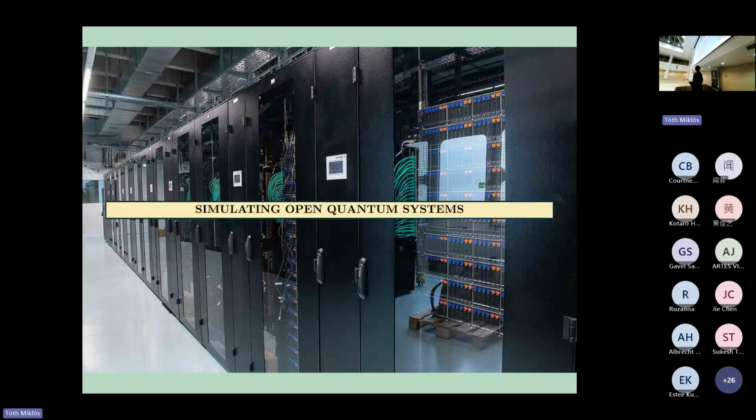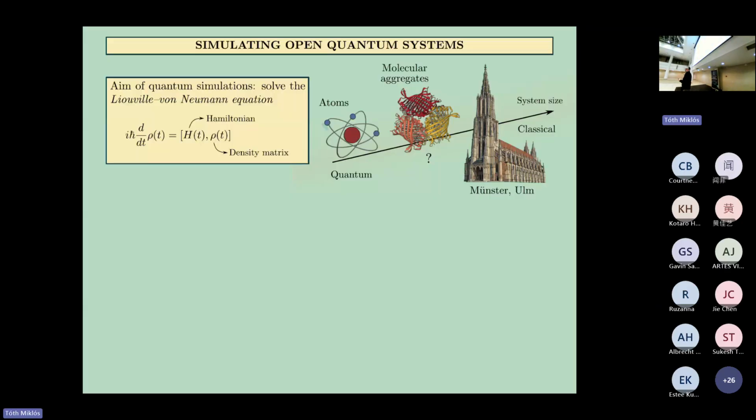Okay, so simulating open quantum systems. If we want to simulate an open quantum system, the goal would be to solve the equations at the core of quantum mechanics, which in the density matrix formalism would be the Liouville-von Neumann equation. This equation is solely determined by two ingredients: the density matrix that fully characterizes the system and its dynamics, and the Hamiltonian that describes the energy structure of the system and then its evolution. Even more generally,